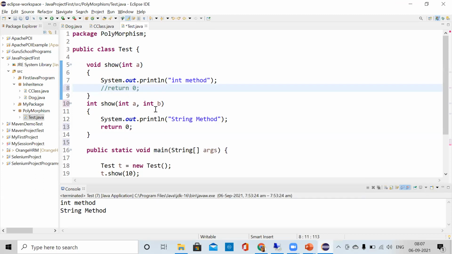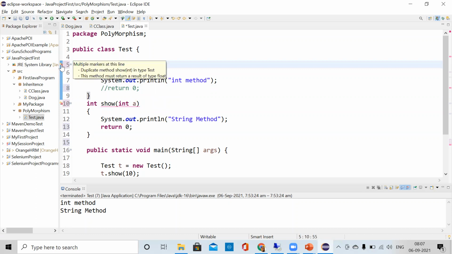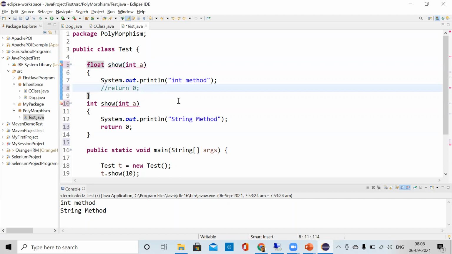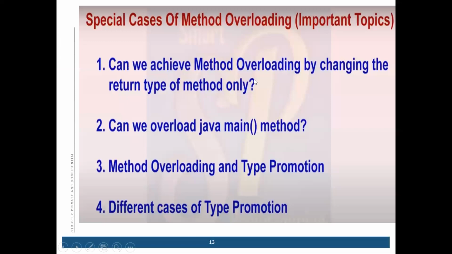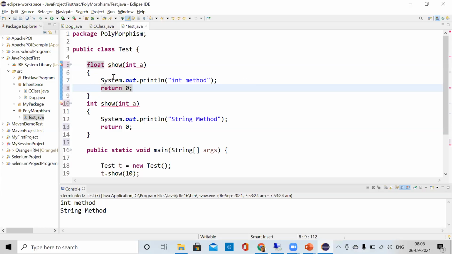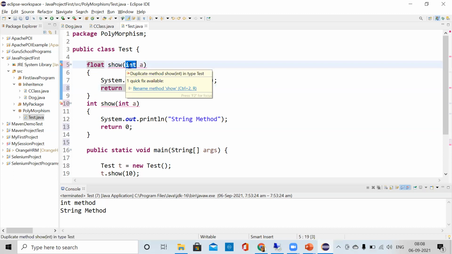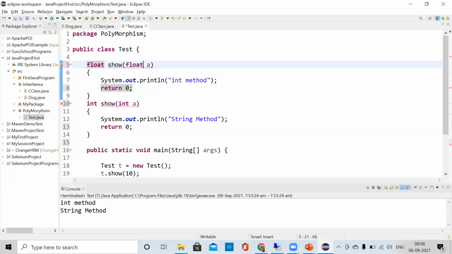Actually, it worked. Yeah, now it is working. Sorry, here you have changed. Yes, now the parameter is the same. No, it is giving the same error. But float should have a return value, right? Now see, then also it is giving error. I will check on this point, because this is float, it should have float a. Float a. Then it is working, right? This is the change of